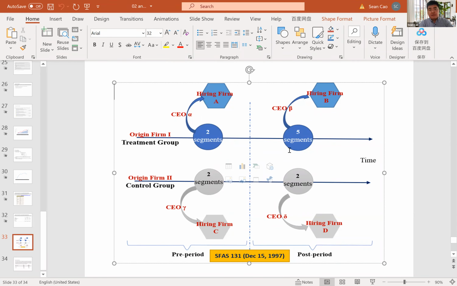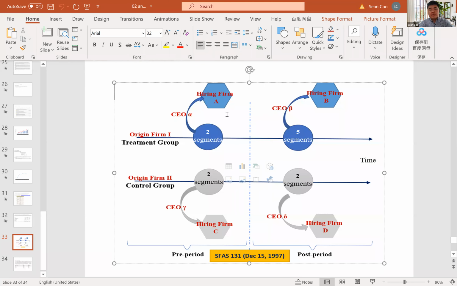So after 1997, what do you know? You know the CEO's performance in each of the 5 segments. You know their performance in cloud computing, the CEO's performance in the network, the CEO's performance in the website. So basically that's the idea. Before 1997, the hiring firm only knows the CEO's general performance. After 1997, the hiring firm knows the CEO's performance in each segment. What we compare is, can firms find a better CEO? Can firms hire a fitted CEO after 1996 by analyzing the CEO's annual report,